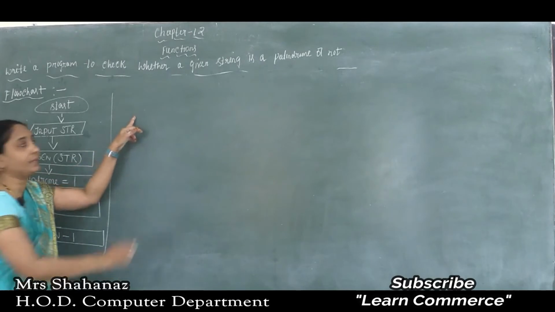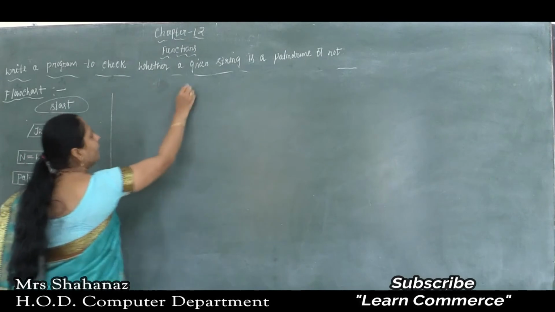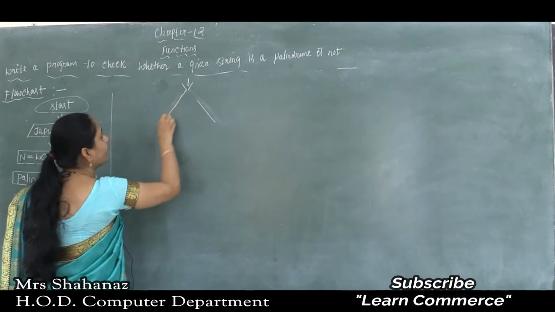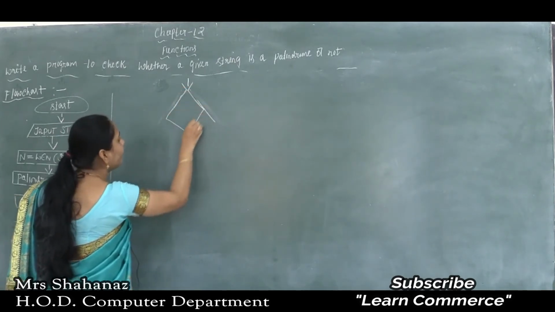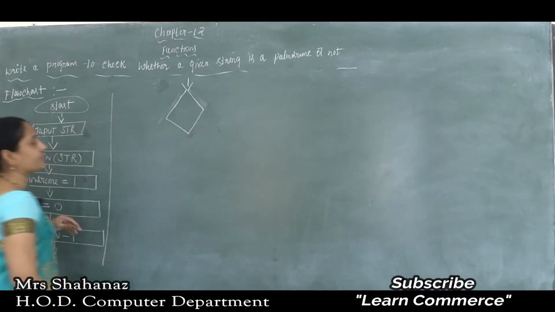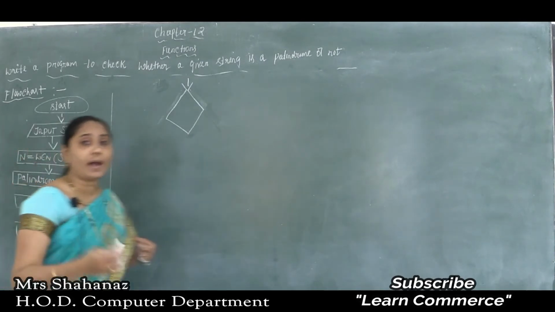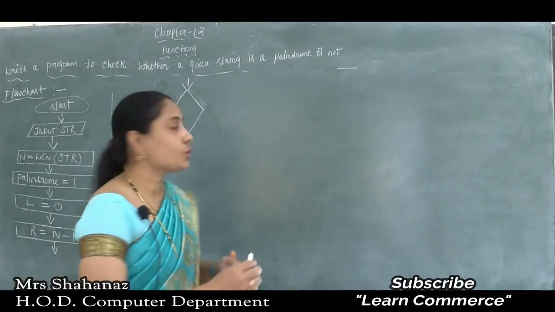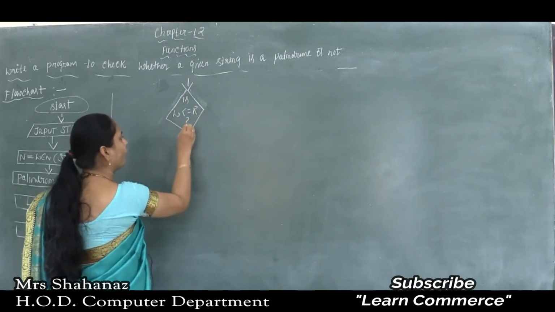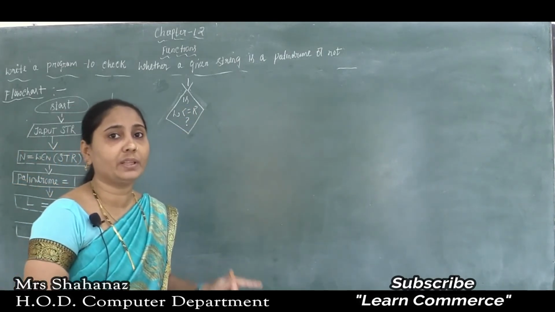I am going to complete here. Next, after that we need to use a condition, okay? How do we use the condition in this case? I am going to take one decision, that means till where I am going to check the characters. So I am using the condition L value less than or equal to R, okay? The left value should be less than or equal to the R value when compared.